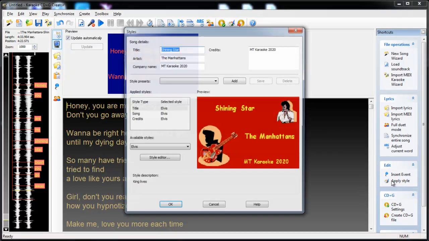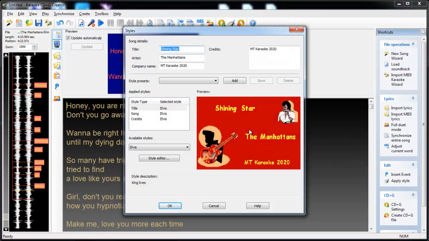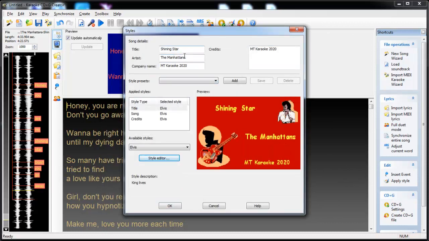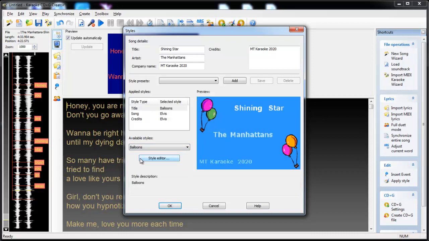This is where I'm going to get that credit screen at the back or the title screen at the front. There are things in the style editor here where you can pick a style, type in your song, your artist. If you want to put down that you made the karaoke, whatever, that's all fine. Type in your title, what's going to be at the bottom side. What do you want to use? What style? There are, again,